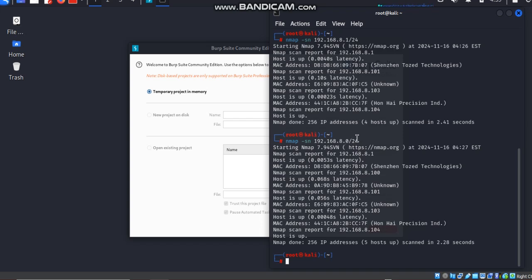Now we make use of the first address, which is dot zero, and it is strong. Why is it strong? Because it's like a broadcasting address. With this, I can reach every device connected to this particular network, no matter where it's hiding. I'll talk to it and find it with dot zero. Then the last one, find out what it is and what it is used for. So let's move ahead.